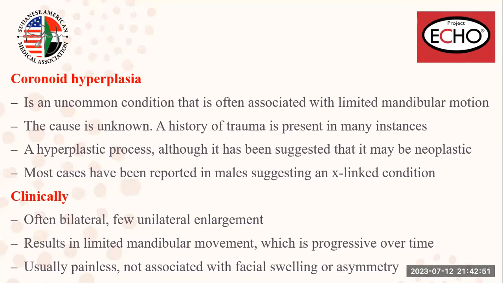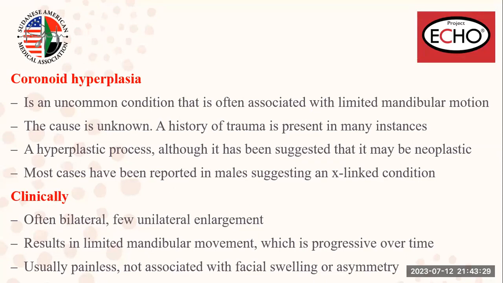It's a hyperplastic process. So the coronoid process is actively forming new tissue, although it has been suggested that maybe it is neoplastic. Some scientists suggested that this is not a hyperplasia, it is a neoplasia or formation of tumors, but it's a matter of experiments and research. It's not conclusive. Most cases have been reported in males, suggesting an X-linked condition. So clinically,